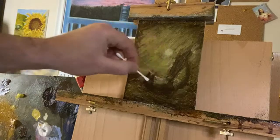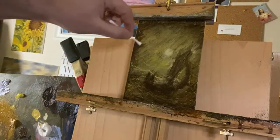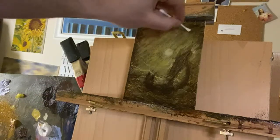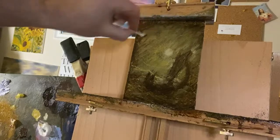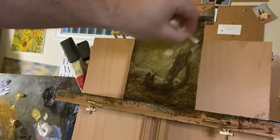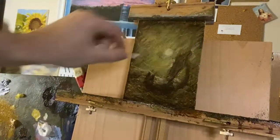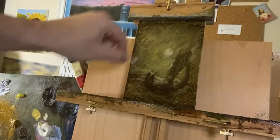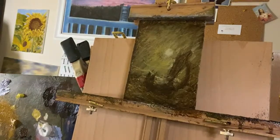Continue to bring some textures in. And we'll do that not only in the ocean but also in the sky. And we're definitely going to bring some more of that lavender in around the edges of the sky there. And I'm not going to worry about